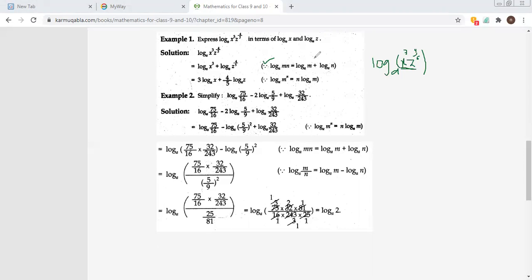Okay, this formula will be applicable here, just like this. When we open it we will write log a. It's the symbol of logarithm. We will write log a plus log 4 upon 5. And log b, according to law 1, the logarithm of the product of two numbers is the sum of their logarithms.